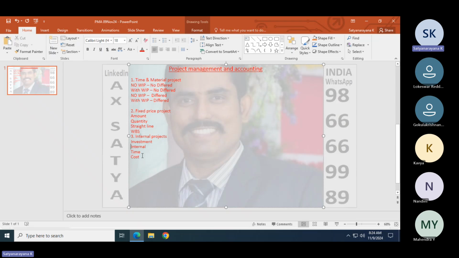For namesake there are four, but majorly many clients will use investment and that's it. The remaining two projects I don't think will be used by any client, because in the internal project these two are already covered, so there is not much benefit from them. So you are going to learn these 10 methods of projects.